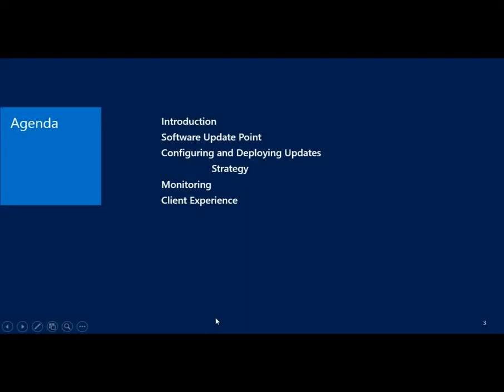So in part 1, we spent some time doing an overview of software updates and talking about some of the new changes coming in R2, but we didn't drill into specific strategy and different things related to software updates. Today, we're going to do a bit of discussion around that. Some of the things you're going to see today will be similar to what you saw in part 1, but the goal of today's discussion is to talk about how we would use these components of software updating. So we'll focus this session on the ongoing administration of software updates on the server